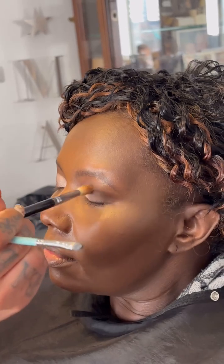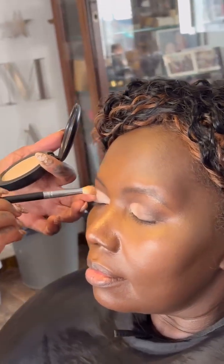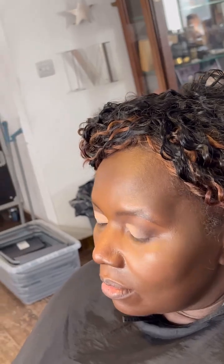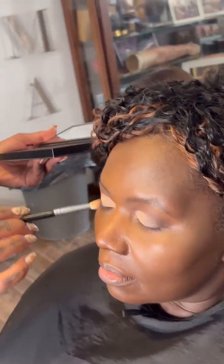So when you're blending, you're going to use more of a circular kind of motion like this, or a small back and forth motion, and that will blend the colour in. So I wanted to put that really light colour on just so that you could see that you can put a very light colour on a dark skin tone and it can still look really pretty. You need to put darker colours with it so that it's not that the Nicki Minaj